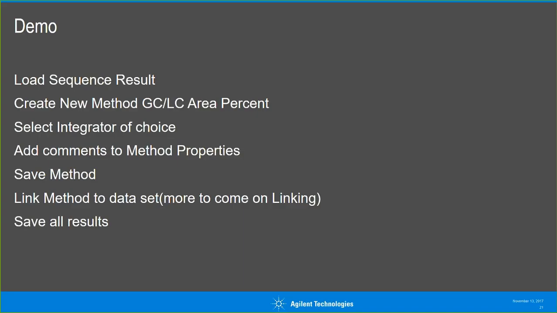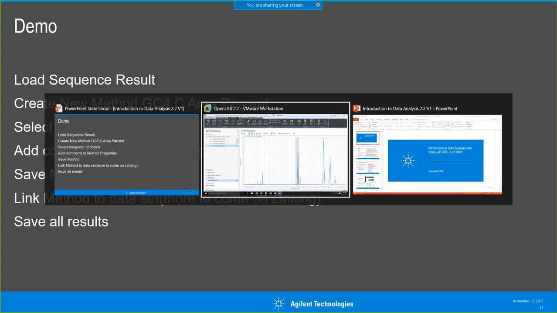Okay, so for this next demo, we're going to load up the sequence result. We're going to create a new array percent report. So we're going to build on the one I just linked to that sequence. We're going to select the integrator. We're going to add comments to the method properties. We'll save the method. We're going to link it to the data set, and then we're going to save all results. All right, so we'll go ahead and dive into